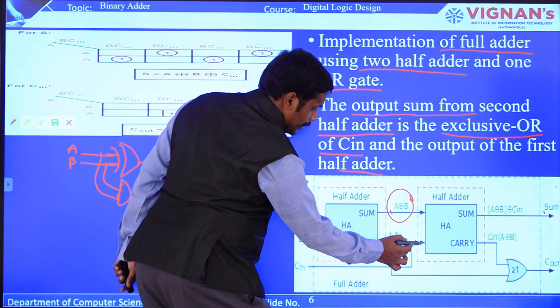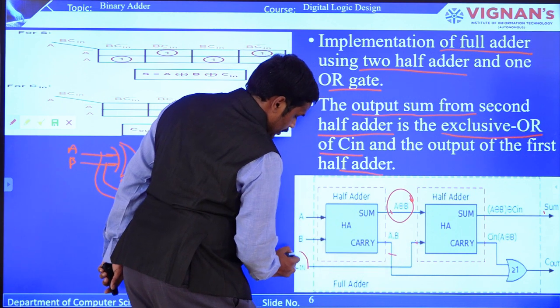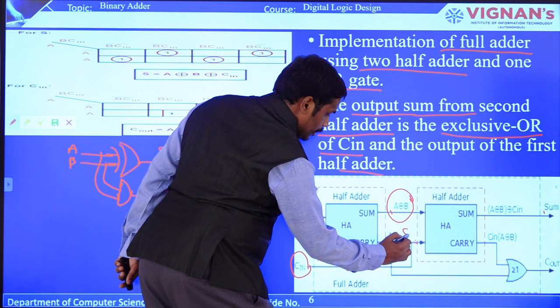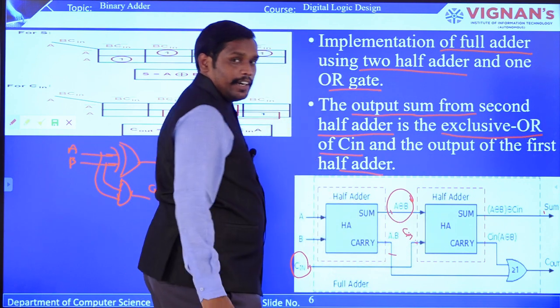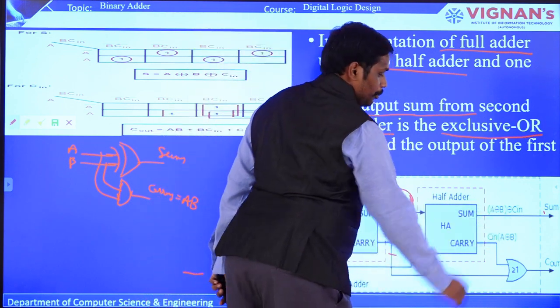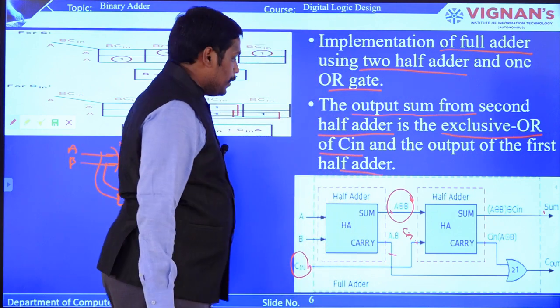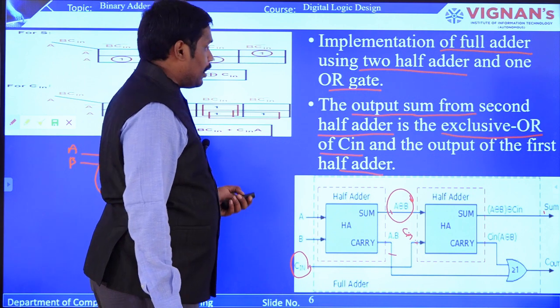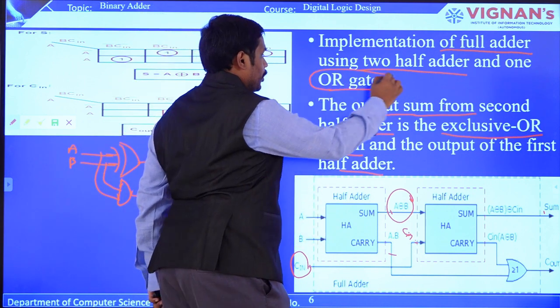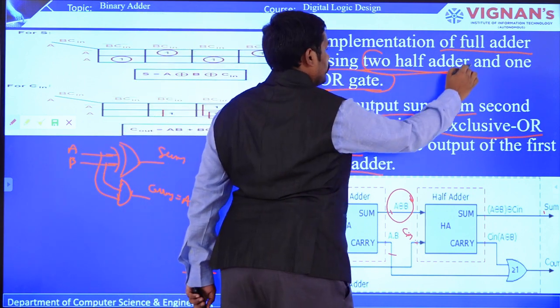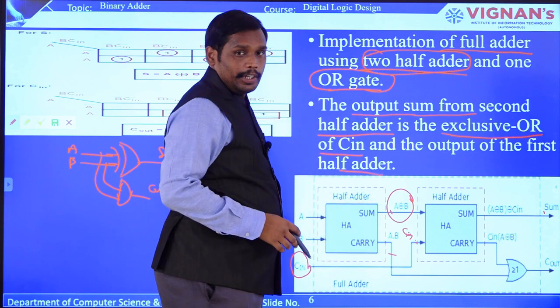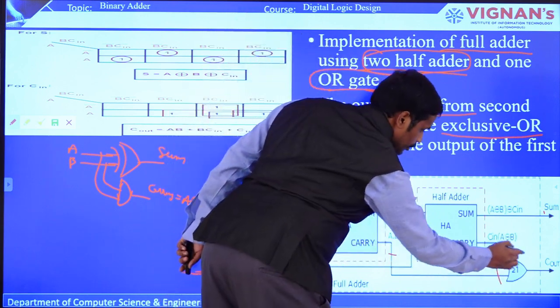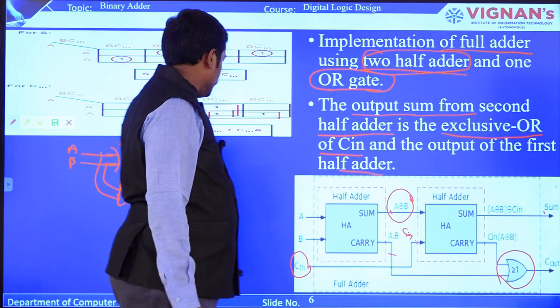Here you can see this one is C in. So when you give it to the second half adder, you are going to get A exclusive OR B exclusive OR C in, right? So this is how the implementation of a full adder is done with two half adders and one OR gate. This is more important. With two half adders and one OR gate, you are going to express the full adder. Here you can see this is the OR gate, right? Next.